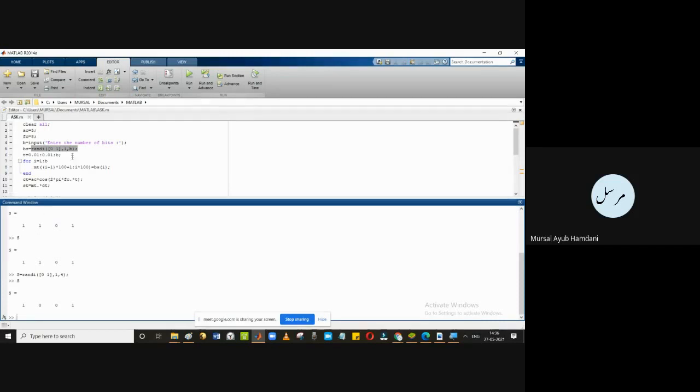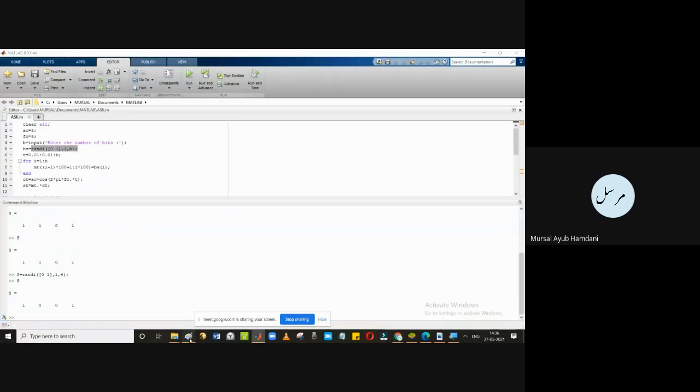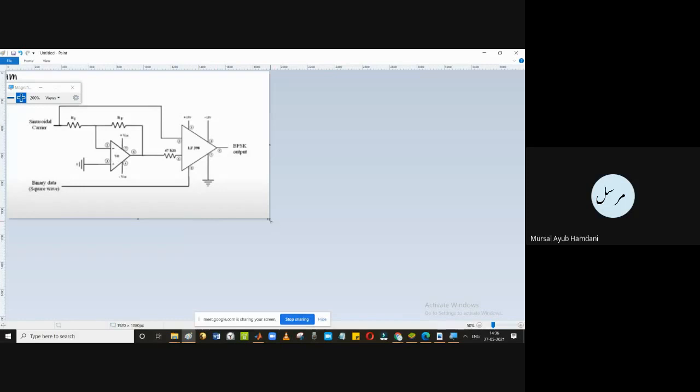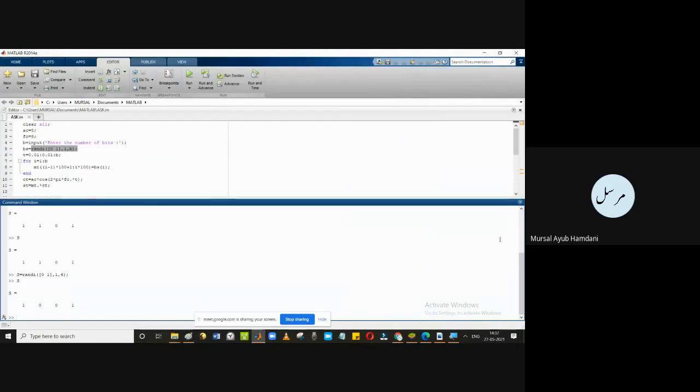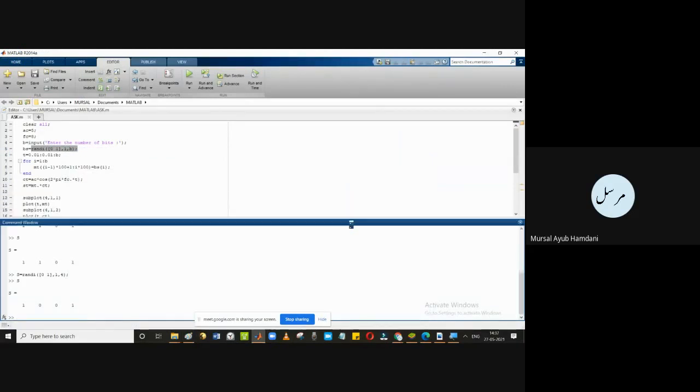So this B I have given, 4, means 0101. Accordingly you can check here, you can write here. This is 0 1 0 1. So 4 bits are there. So for this scheme, this is what we will get. Now let me move to the next part of the code.